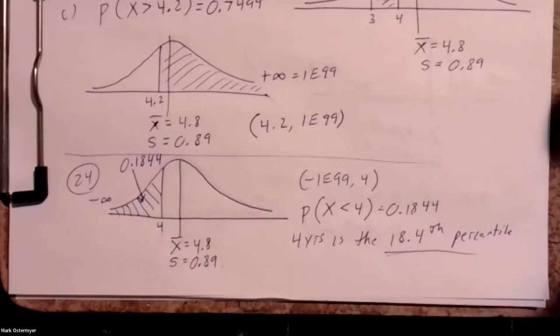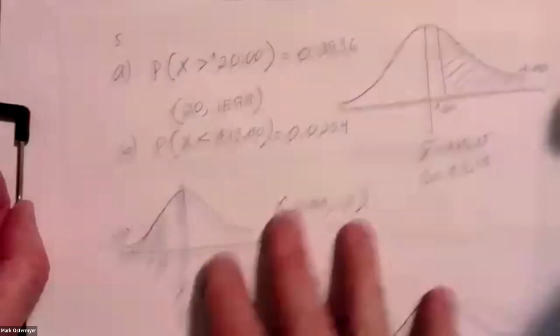All right, suppose I asked ourselves this question for this same distribution, this TV distribution. What would be the 95th percentile number of years that a person would keep their old TV before buying a new one? What would be the 95th percentile of the number of years that somebody would keep their old TV before purchasing a new one? Well, to answer that question, graphically means that